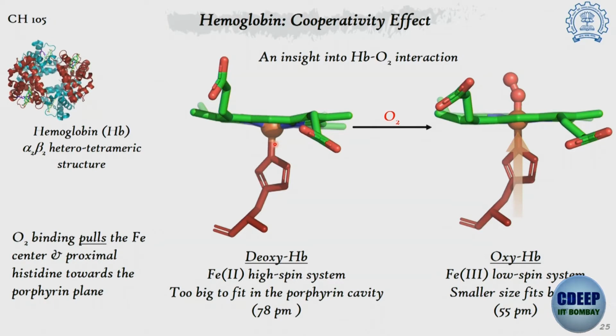And iron +2 in high spin state is quite a large atom. It has an ionic radius of 78 picometer, and that size is a little bit too big to fit in the binding pocket of the porphyrin. So that is why you can see the iron center is hanging a little bit lower than the plane of the porphyrin ring. That means it is not sitting strongly in the middle of the porphyrin ring in the same plane, it is sitting a little bit on the lower side.